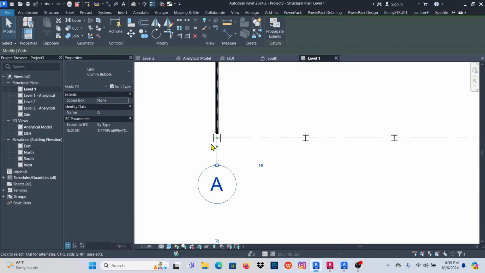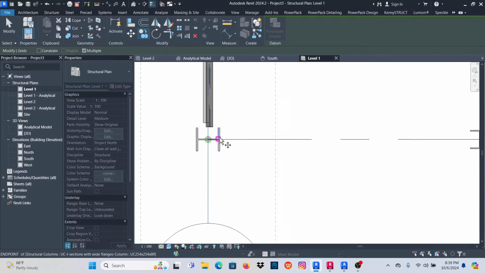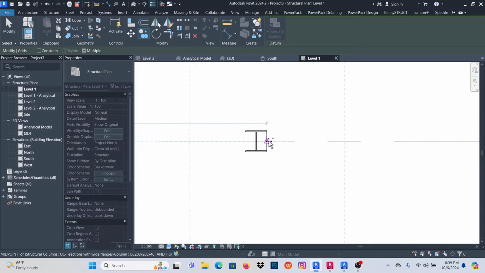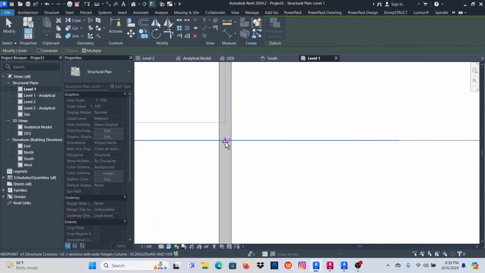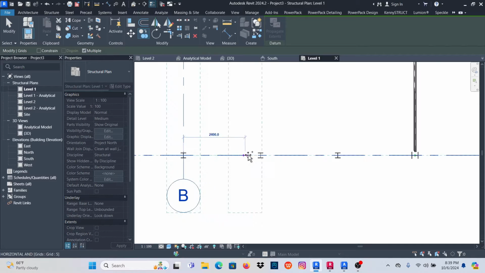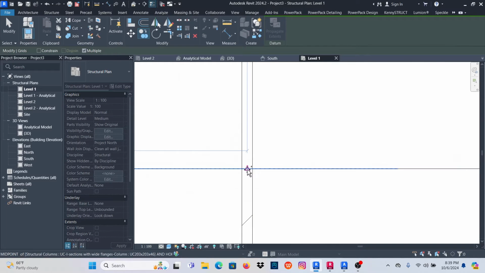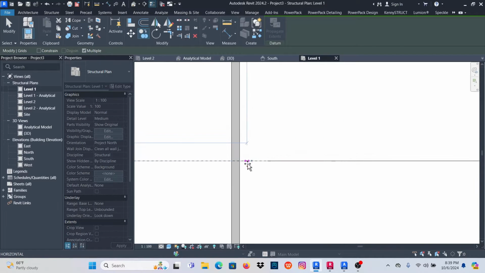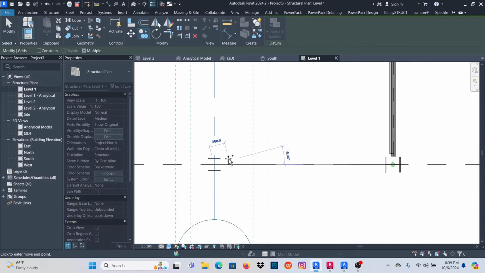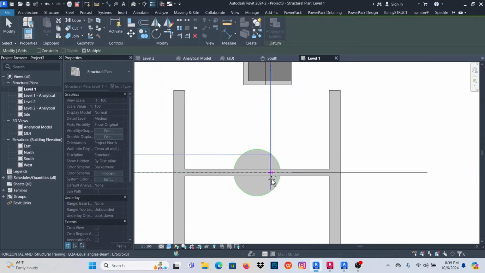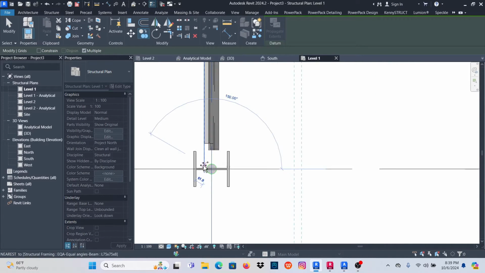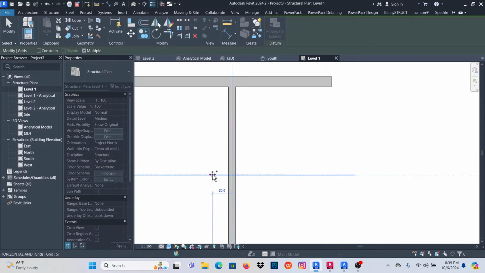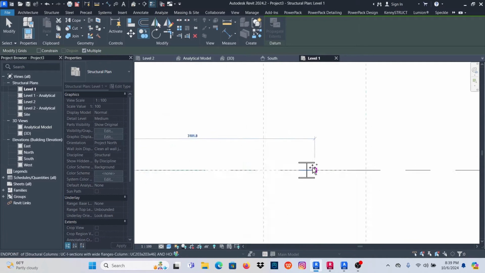Then I can copy this by clicking on copy, and now I can pick it from that center and drag it up to the center there, and continue for the vertical grids. Once you add the grids, now you can proceed and start annotating and detailing. But for that one, I want to demonstrate it on a frame, but I think I need these grids so that they can be seen even within my